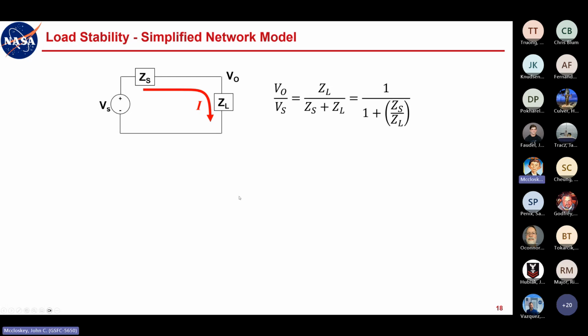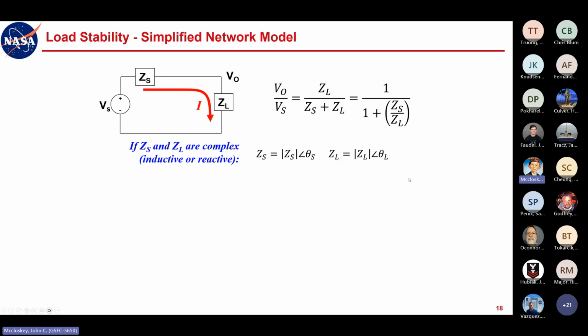Okay, and so the output, what I call VO, the output voltage across the load, the transfer function of VO over VS, is simply an impedance divider. And then you can bring the ZL down to the denominator and write it like this. In general, both the source and load impedances can be complex, inductive or reactive, and I'll give you an example in the next slide, but keeping this general purpose for the moment,